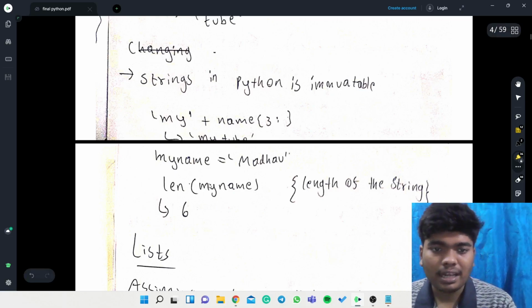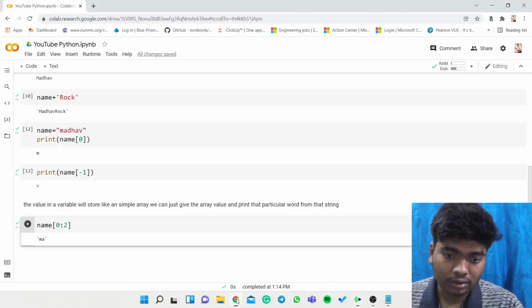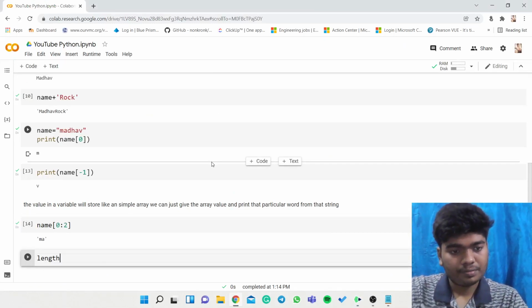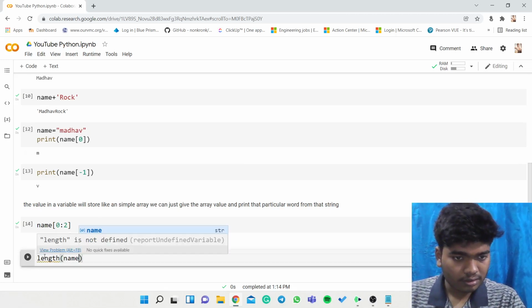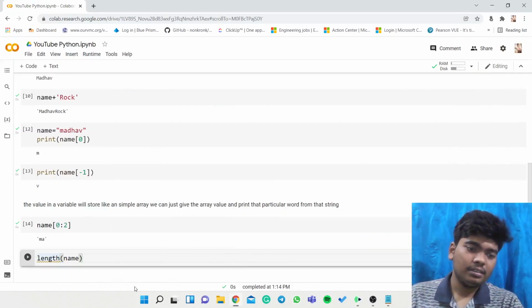So my name is equal to Madhav. The length of my name is the length of the string. We can know the length of the string along with this. So I'll do that. I think this is not length. Sorry. Yeah, it's len.